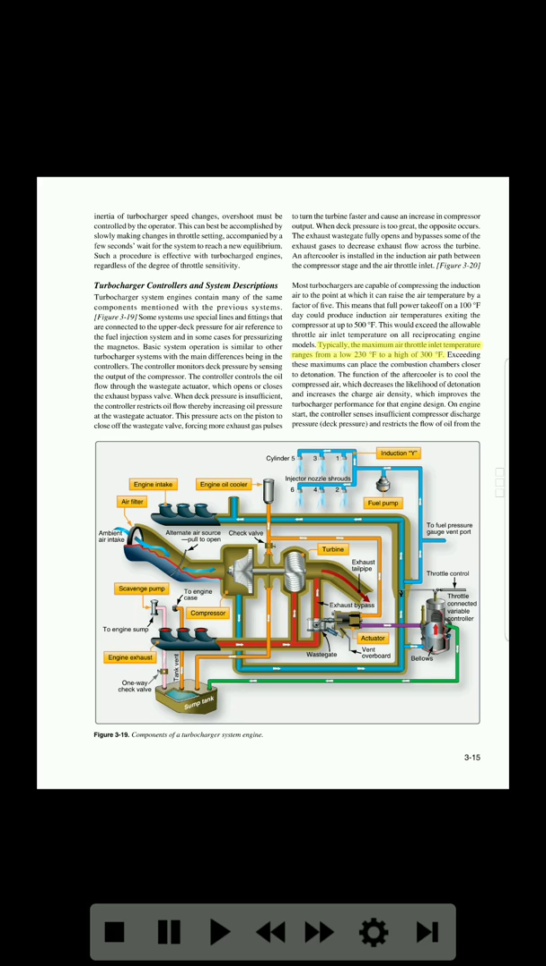Typically, the maximum air throttle inlet temperature ranges from a low of 230 degrees Fahrenheit to a high of 300 degrees Fahrenheit. Exceeding these maximums can place the combustion chambers closer to detonation. The function of the aftercooler is to cool the compressed air, which decreases the likelihood of detonation and increases the charge air density, which improves the turbocharger performance for that engine design. On engine start, the controller senses insufficient compressor discharge pressure, deck pressure, and restricts the flow of oil from the